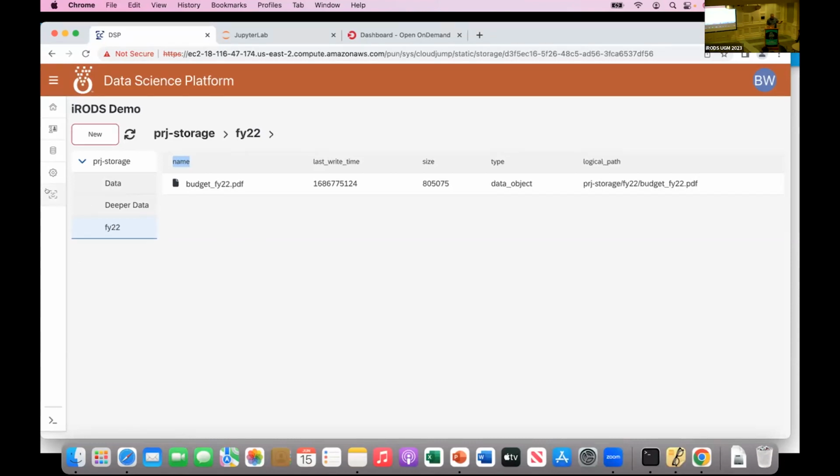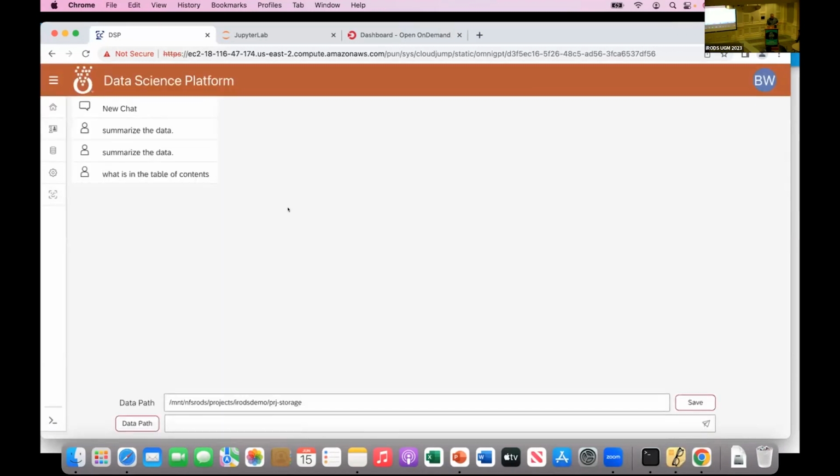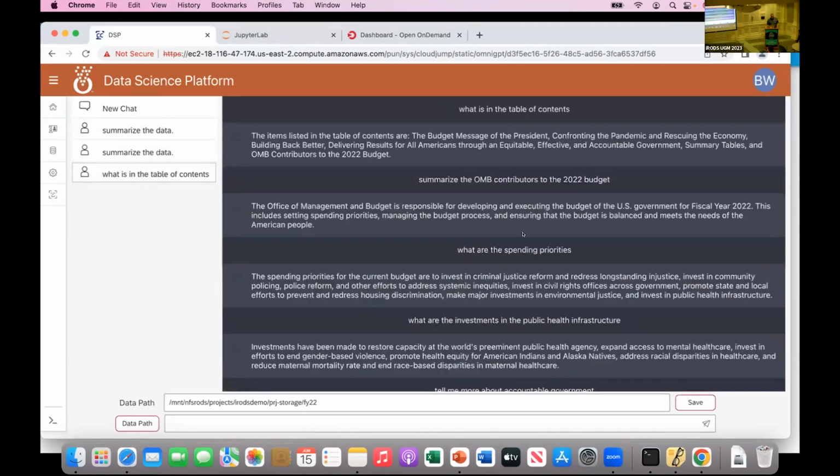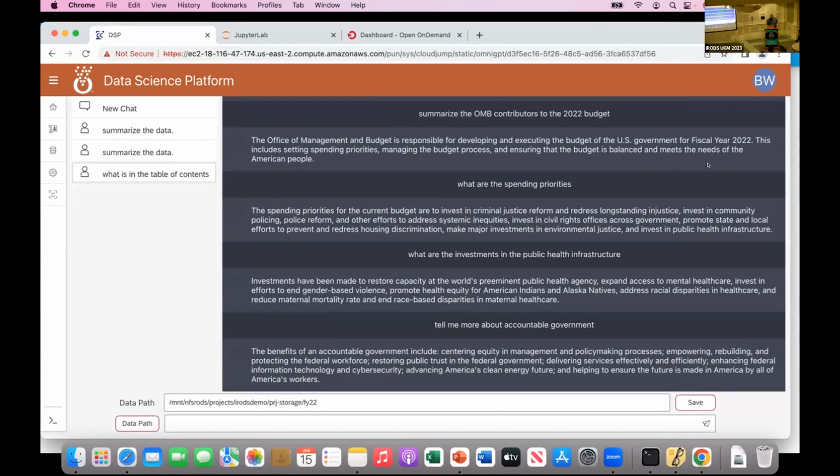So real quickly, before you throw me off the stage with the big hook, one of the interesting things we did is that document I put out there, we actually built an applet that talks to OpenAI. So I built this chat, so this is not talking directly to OpenAI. This is using OpenAI to talk to that FY22 budget, which is just the US's annual budget document for last year, because it was about the right size. And so, you know, what's in the table of contents, and so on. So just to show, you actually get to show in the mount point where it's reading the data from that file and say, tell me more